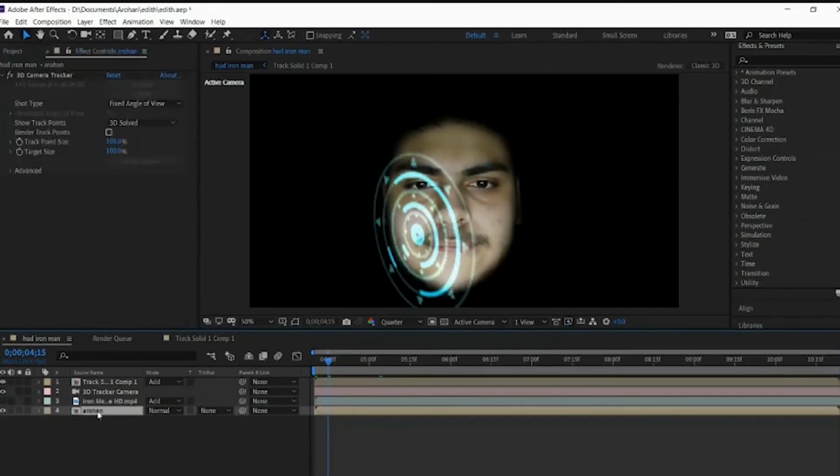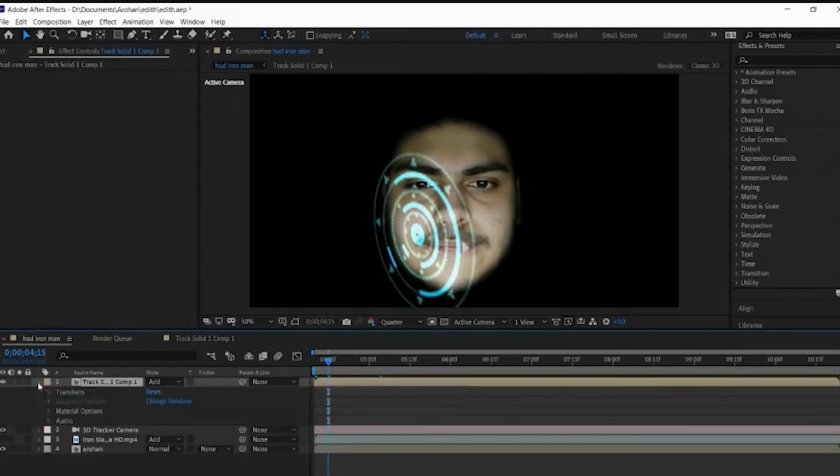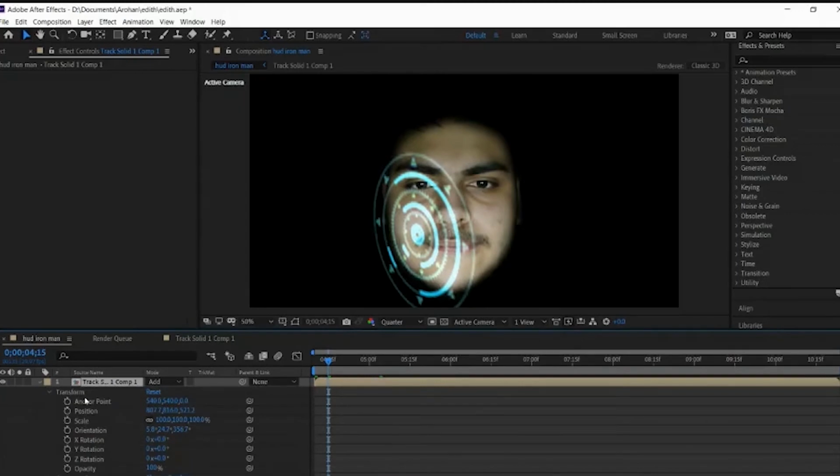When you click on the tracker that we have just created, we can now adjust its positions. Right now it's just stuck to my face. We need to change this, it should be a little far away. Since this is 3D tracked, you can now change the Z axis as well. The XY part is just attached to my face, and if you change the Z axis, then it will move away from my face.